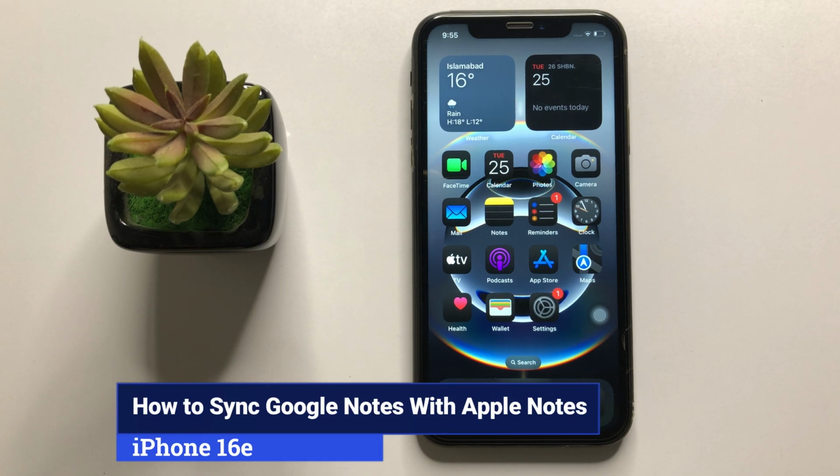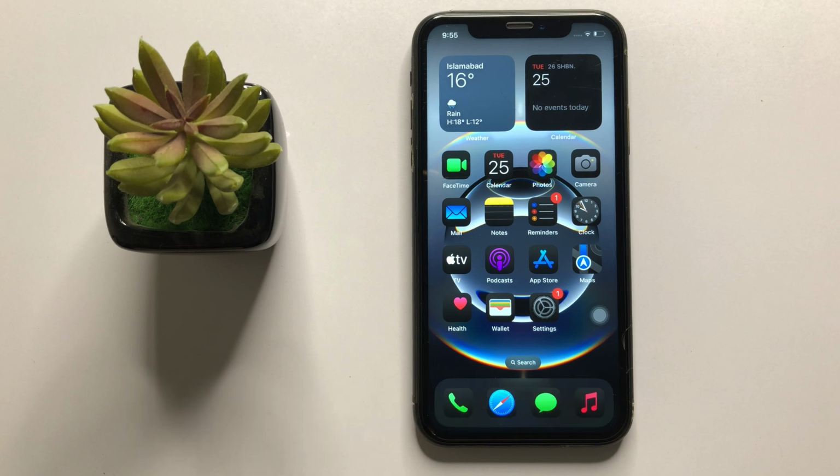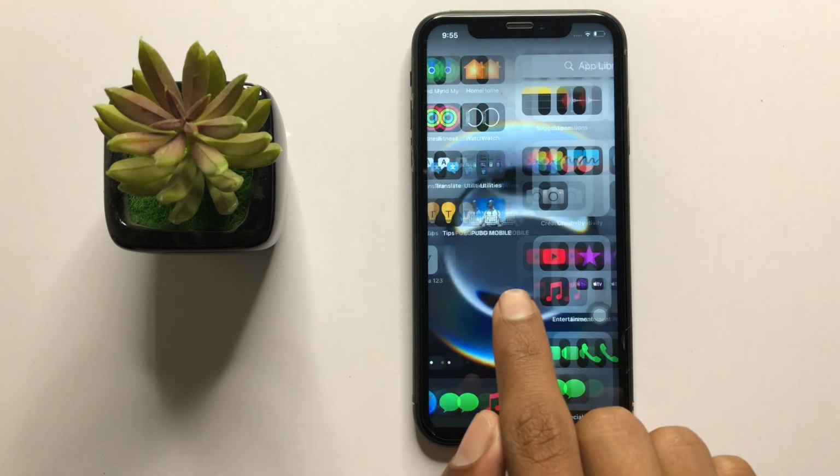How to sync Google Notes with Apple Notes in iPhone 16e. So let's start the video. First of all,